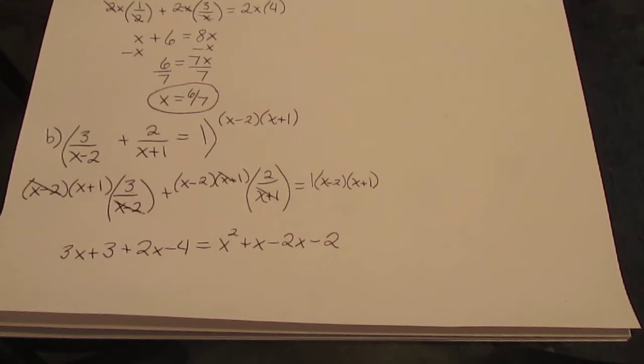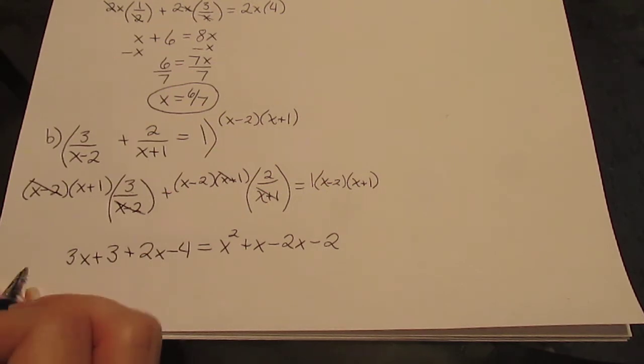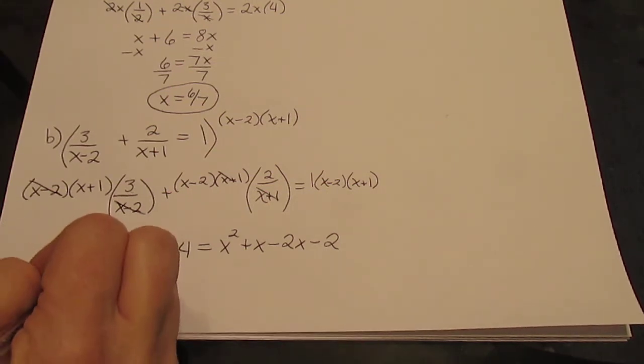In order to solve, well, our main ways of solving quadratic equations, our first step is to set the equation equal to 0. I'm going to put some like terms together first, but that's my ultimate goal, to get one side equal to 0. So I've got 5x